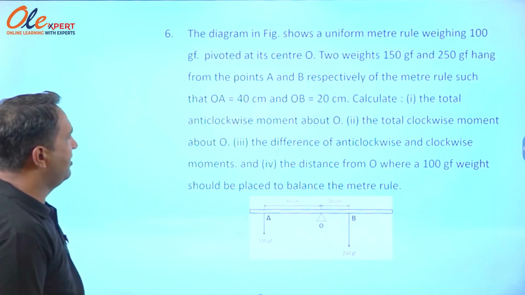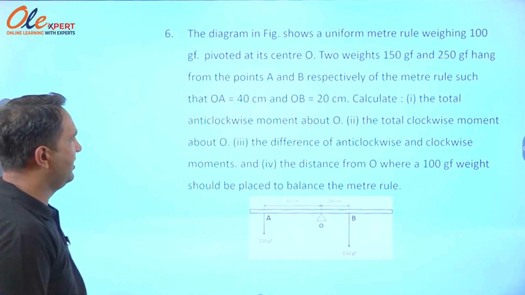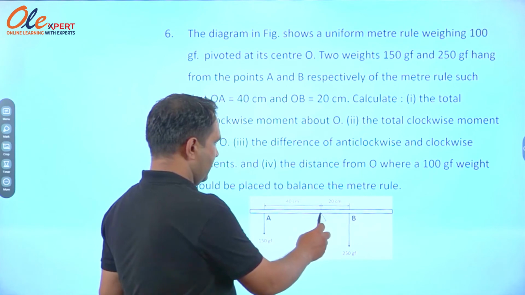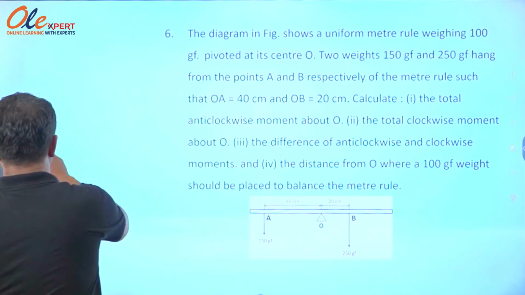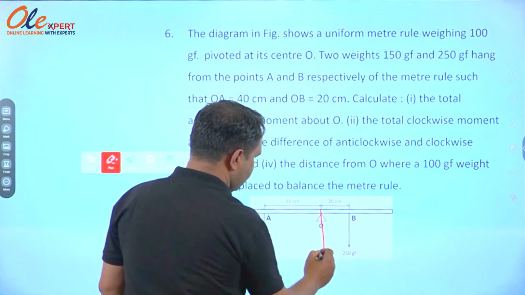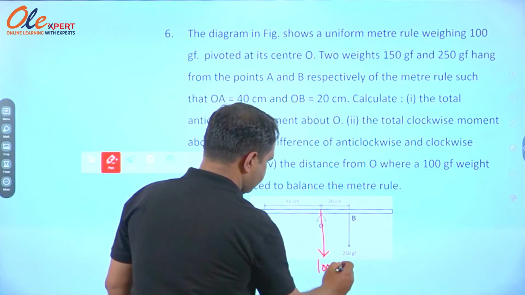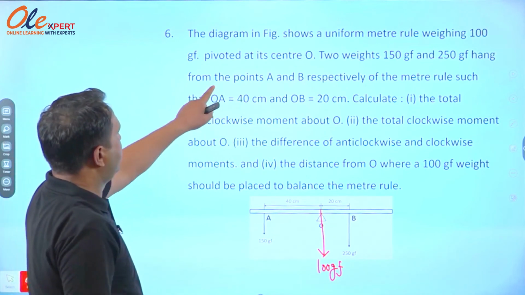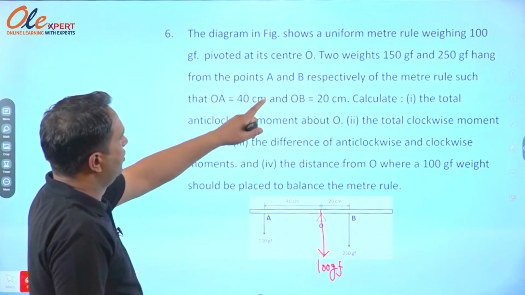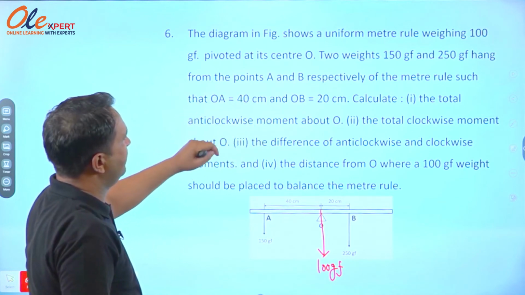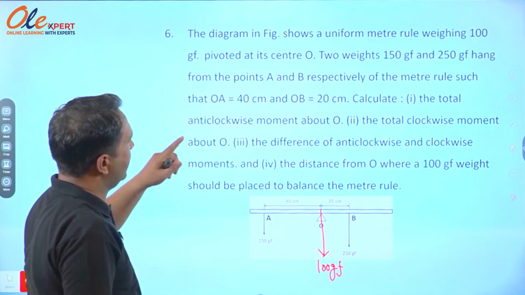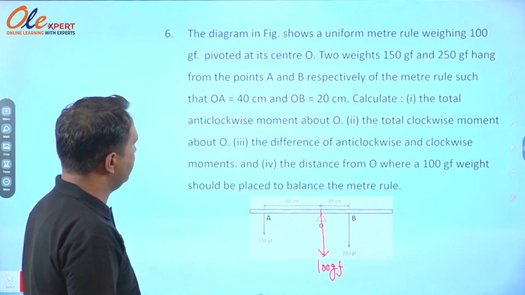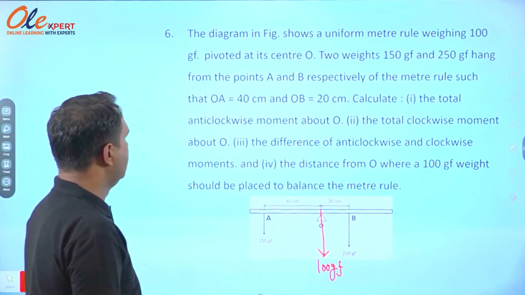It says the diagram in the figure shows a uniform meter rule weighing 100 GF. Its weight is 100 GF, pivoted at the center. Two weights 150 GF and 250 GF hang from the points A and B respectively of the meter rule such that OA is equal to 40 centimeter and OB is equal to 20 centimeter. The total